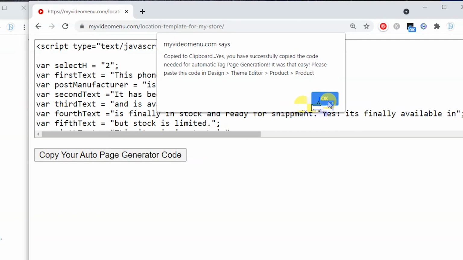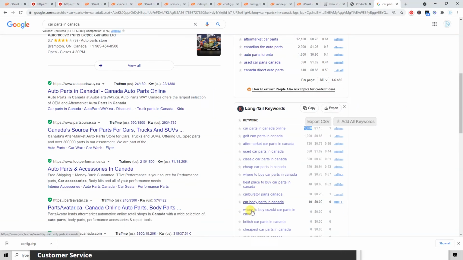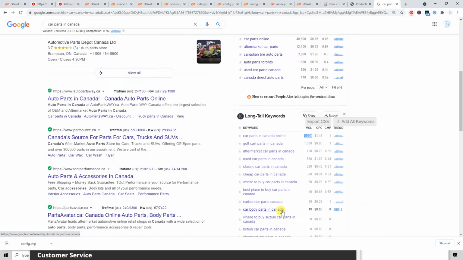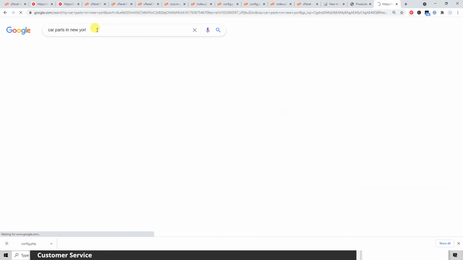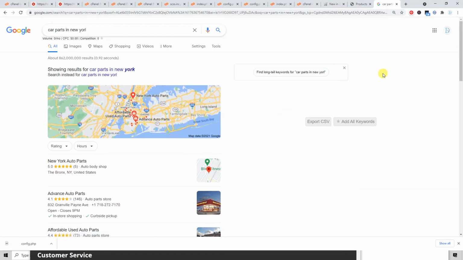If you want to get to the top of Google for all those little nitty keywords without creating tons of pages, just having the system do it automatically, saving you tons of time and making you tons of money,